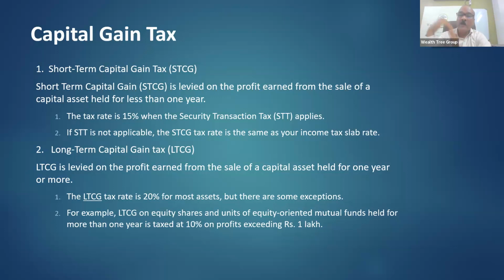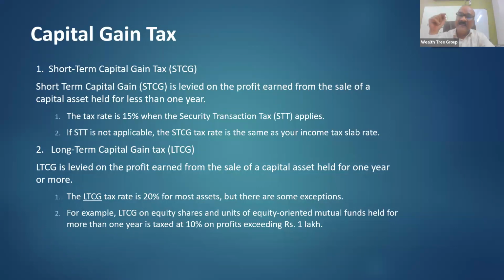Suppose, for example, you bought some shares and held them for 1 year, and after that you are selling them. Out of all the heads, you have your main salary head or other income head, and then there is another section called the capital gains head. In that, suppose you invested 1 lakh in shares and you got a return of 1,50,000. One more rule is there: you will end up paying long-term capital gain tax only after the first 1 lakh of profit.